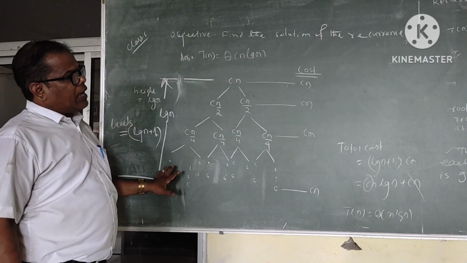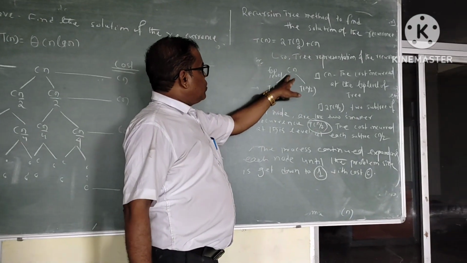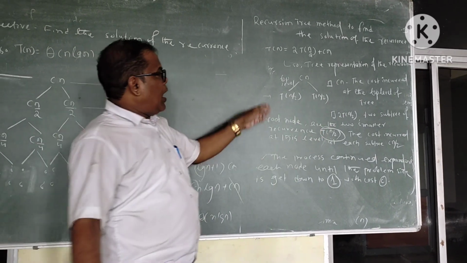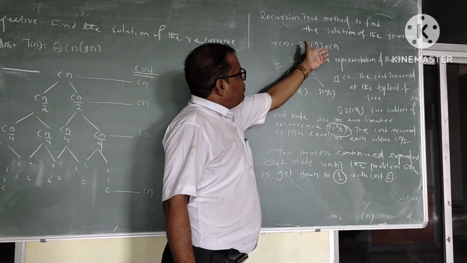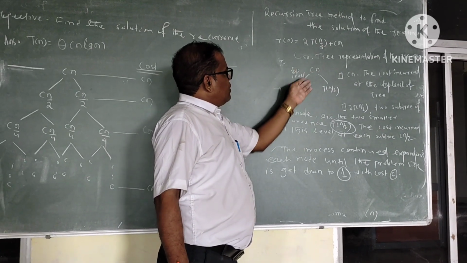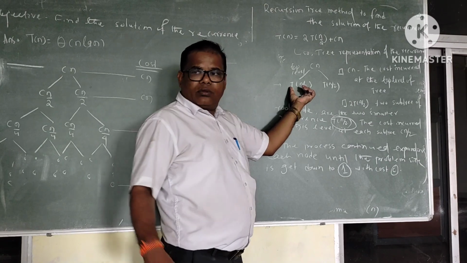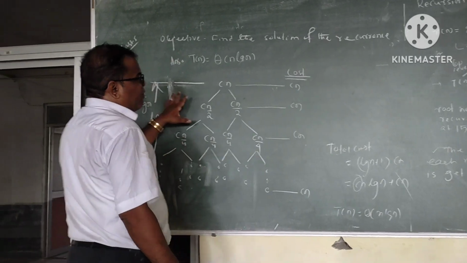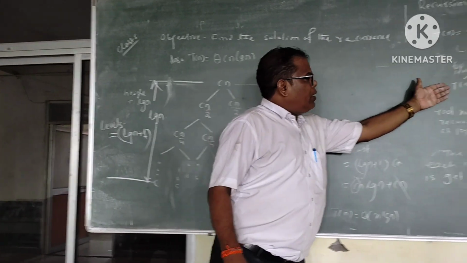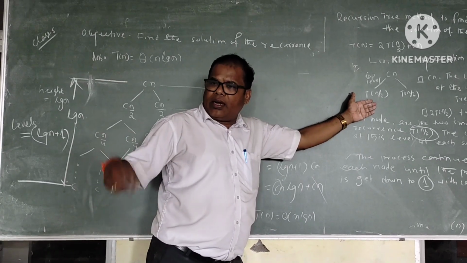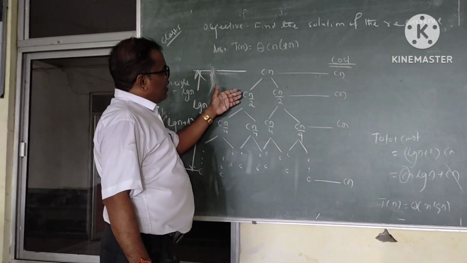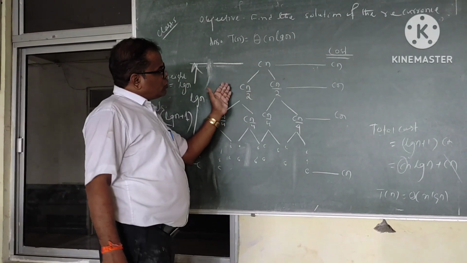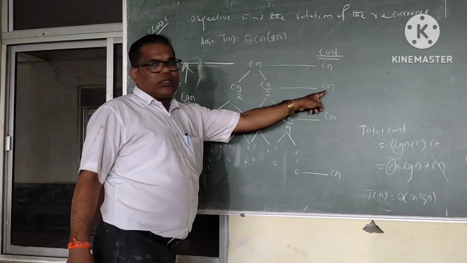So what I did here, as I have already explained in this picture, is the recursion tree method for finding the solution of the recurrence. I represent here T(n) = 2T(n/2) + Cn. We can write here Cn, and there are two subtrees for the root node, T(n/2) and T(n/2). If you apply this recursively, you calculate the cost at each level. At the second level the cost of each node will be Cn/2, Cn/2. But if you aggregate all this cost, you will again get Cn.